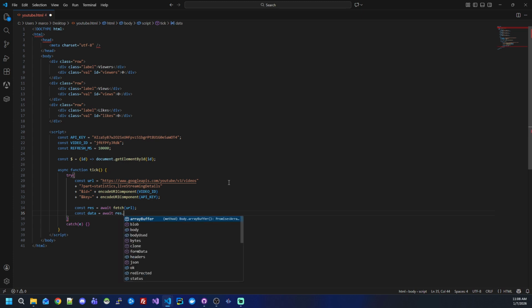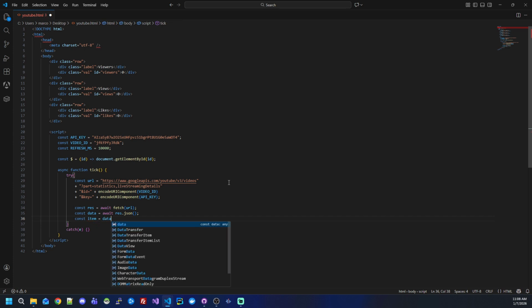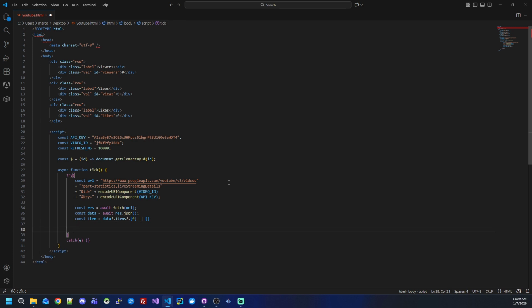So we need a JSON object, so we just write result res.json. This is a function. Okay, and now we also need to make sure that we have an item. That means the video ID is correct and we get the data. We are going to use the ternary operator to make sure we have correct data and we don't throw unnecessary errors. Otherwise, we return an empty object. Good. Now we can go further